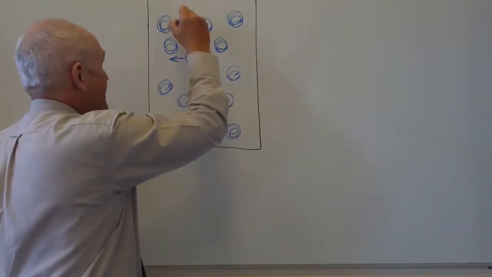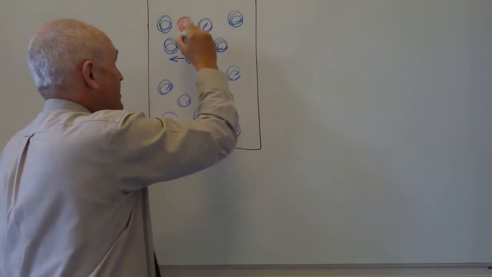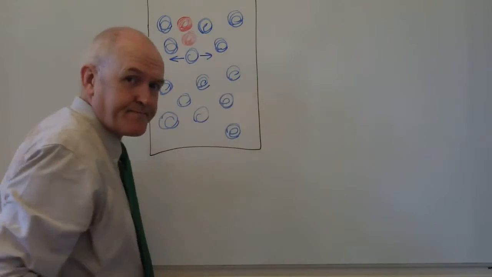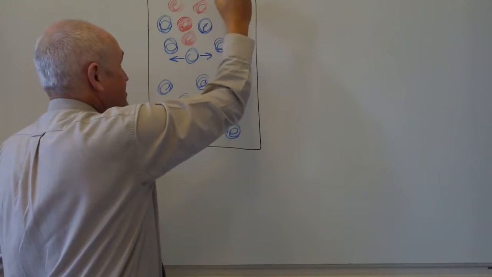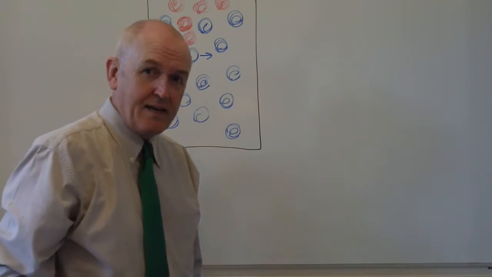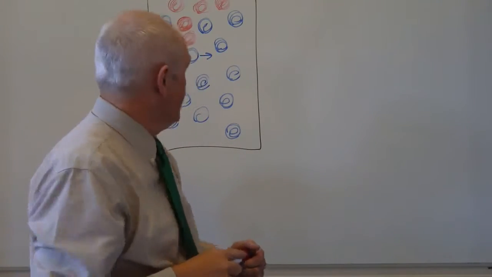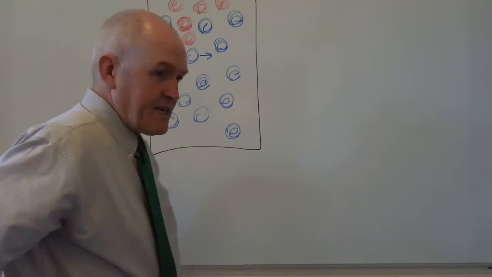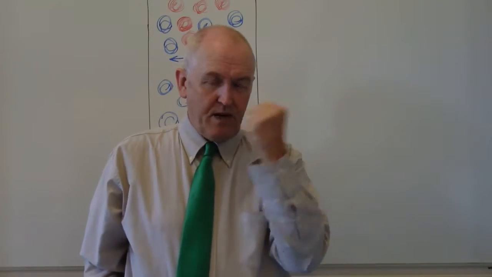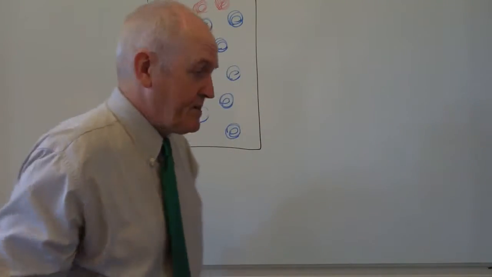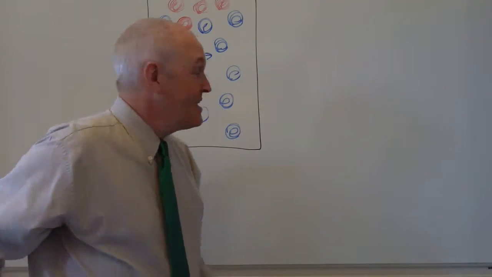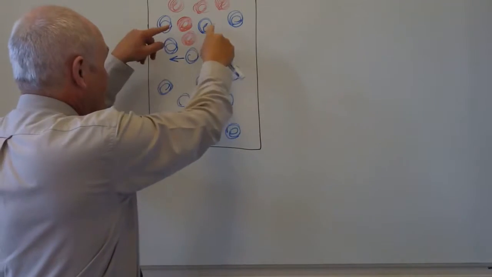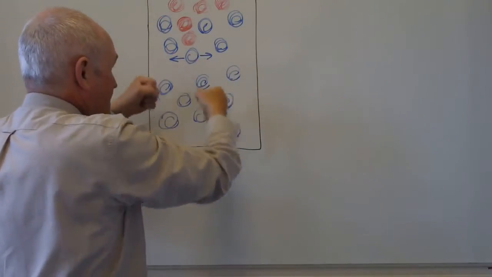And then we come along and introduce some ink. Let's have a different colour. So here's some ink in here. So now we've introduced a few ink molecules. These are red ink. And assuming they're at the same density as the water molecules, so they don't settle out, then what's going to happen is that the ink molecules are going to be vibrating, and of course the water molecules vibrate, so inevitably they're going to bump into each other. And there's going to be untold billions of random collisions between the ink molecules and the water molecules.